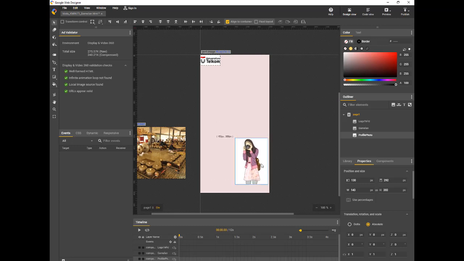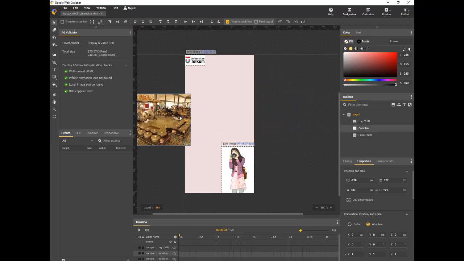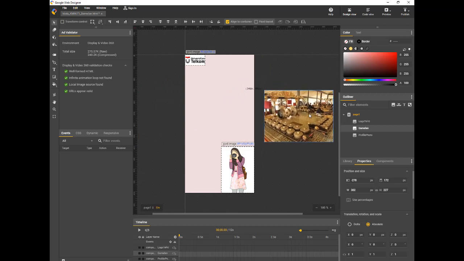So I'll just put it right here. If you want the same alignment for your profile picture, put it on the top edge, then the left edge. Something like that.